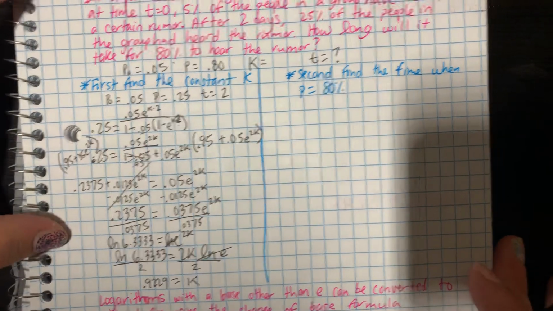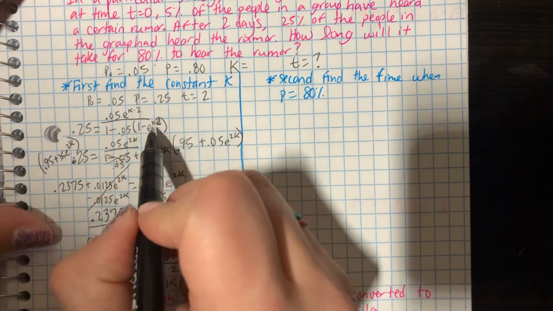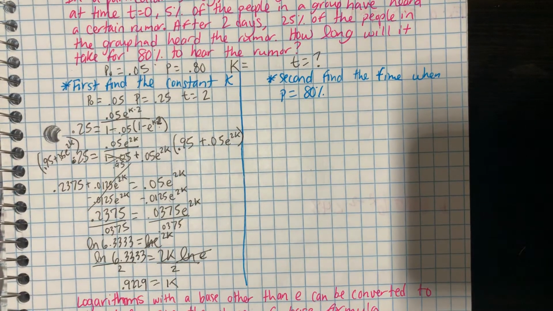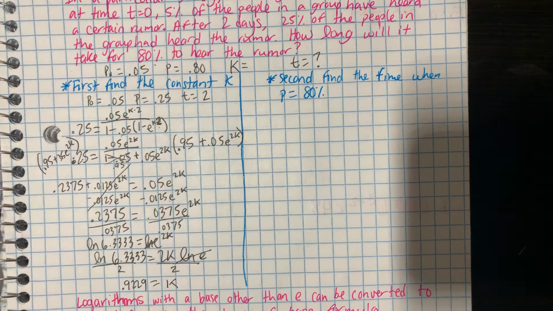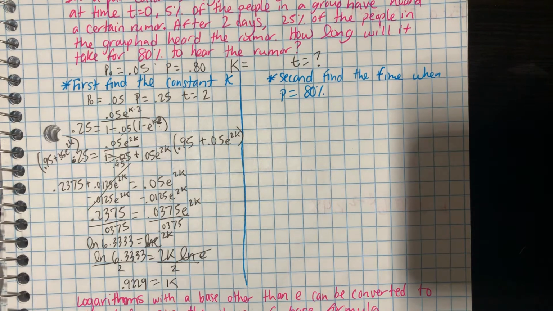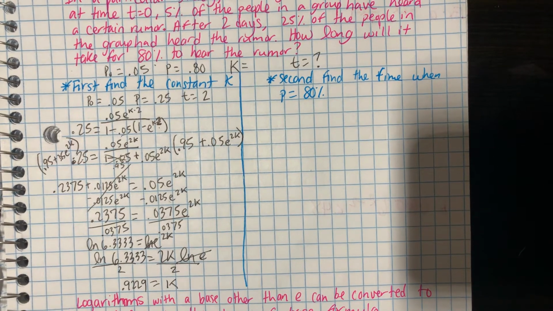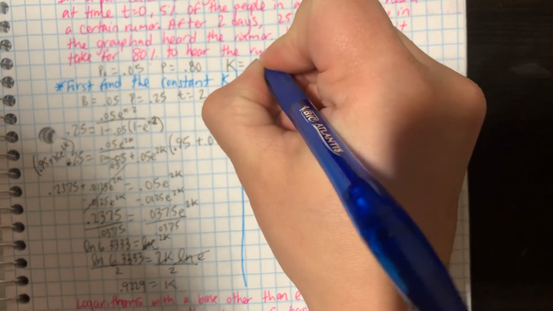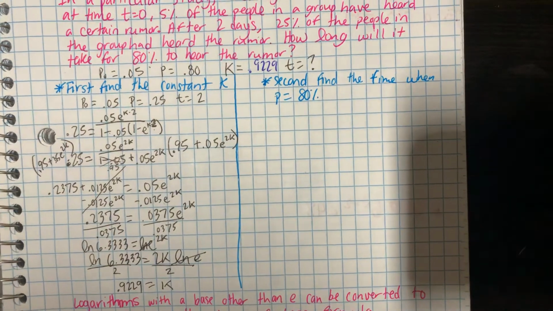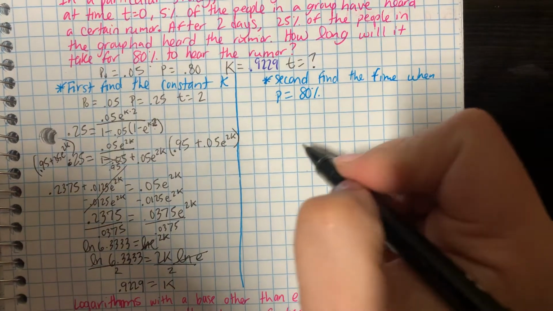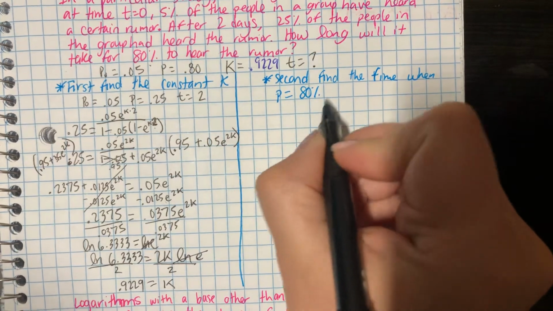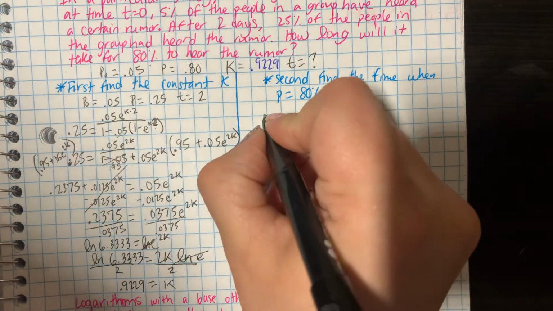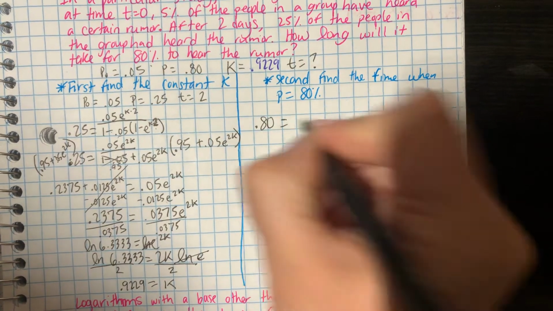Awesome. So now we found our k, which we're going to need to plug back into this equation using this information. Now we know that k is 0.9229. We found that below. So now we can plug into this equation to solve for the time at 80%. So we know that we're going to have 0.80 equals,